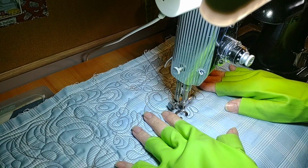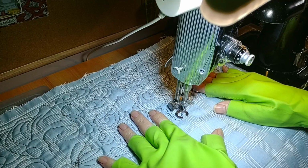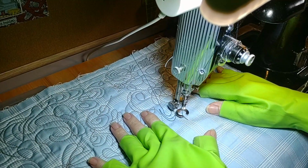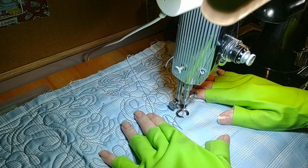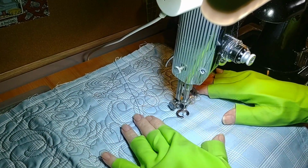I really don't have a planned design, but what I'm trying to do is get my brain trained to, let's say I wanted to go around the back of the elephant, because there's a little elephant on there. So I would be doing, see,